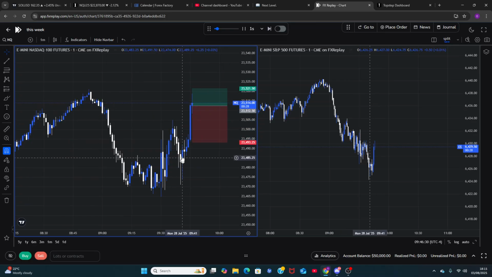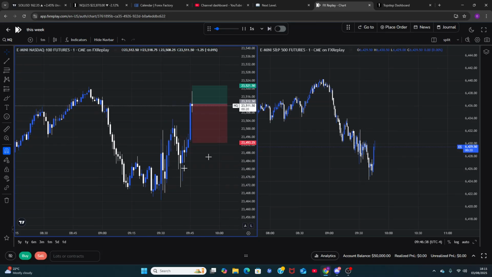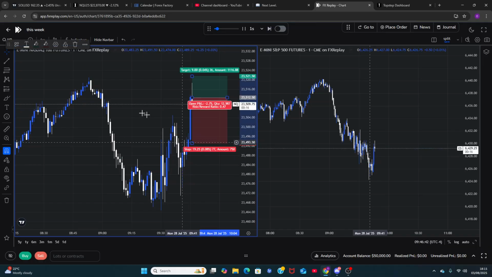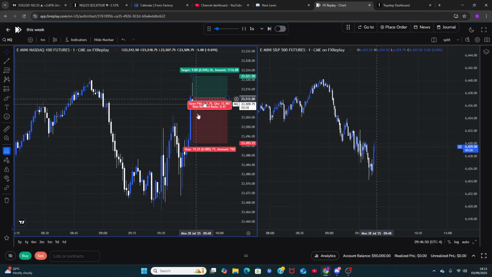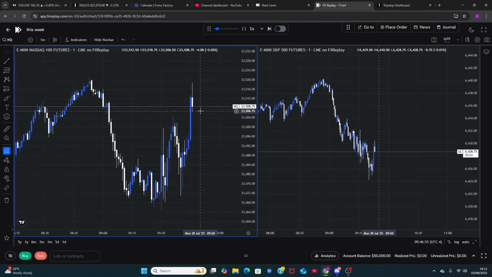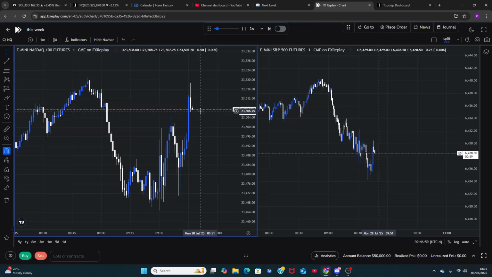I did miss optimal entry, which was through here, just because these two candles told me we don't want to go lower anymore. All the sellers got stopped out here, and you can clearly see price wants to draw liquidity. This one at least. The problem is it's a pretty bad trade, so I wouldn't take this at all. I would probably miss out if it was that rushed. But let's see what price does. Let's just wait.